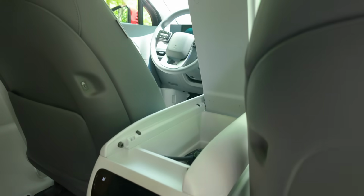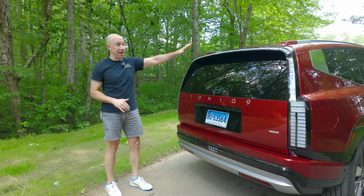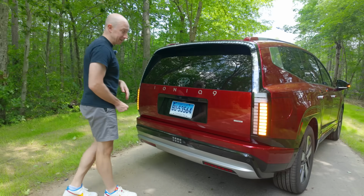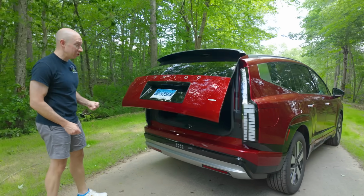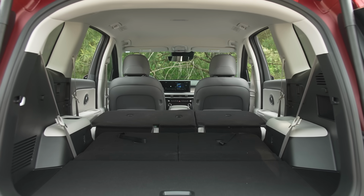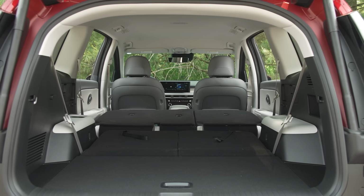You can just open it from the back and reach in yourself. At the back, you can really see the boat tail styling and how much the roof slopes down. Opening up is really nice, a simple button that's not hidden in an area that gets dirty. With the hatch open, you really do see how curved it is here and how it could impact loading some